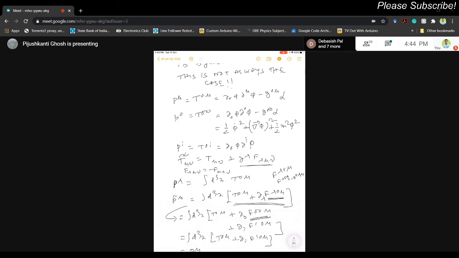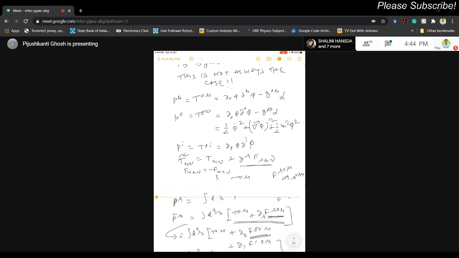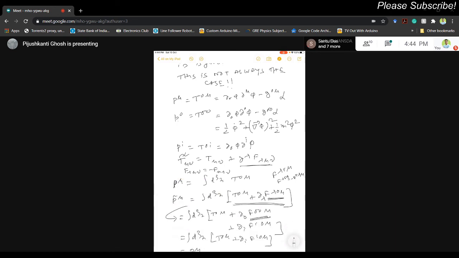Okay, so what I can do is that I can erase this, because I have already written in component form here, that f lambda mu nu is equal to minus f mu nu lambda. Okay, now